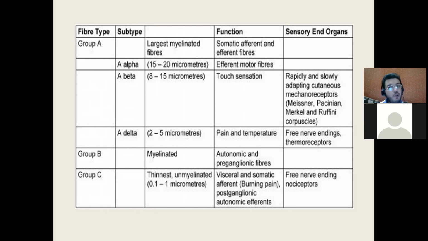I hope everyone is very clear that whenever there are pain nerve endings, or pain receptors, they are free nerve endings. They don't have any sort of specialized receptors. They are basically A delta and C. But you have to understand the difference between A delta and C. C is non-myelinated, A delta is myelinated, but very, very thinly myelinated. Still, the axon is myelinated because there are a few nodes of Ranvier. That means the speed with which it carries the impulses of pain is faster when compared to C fibers.